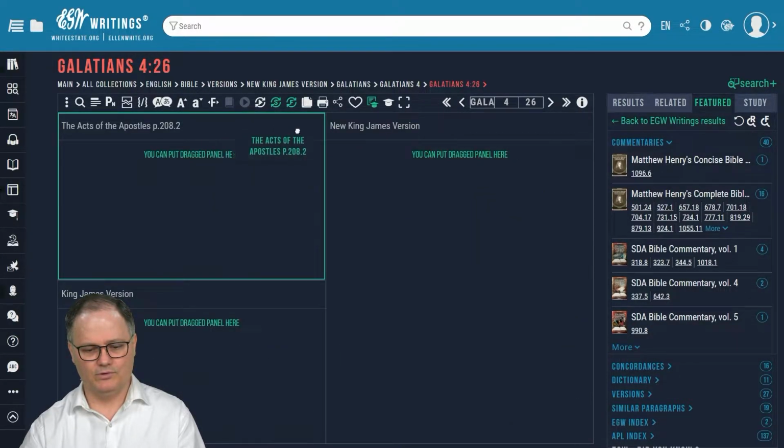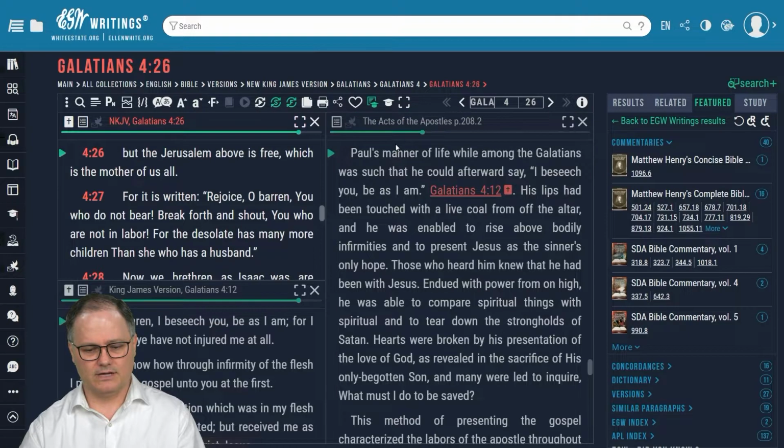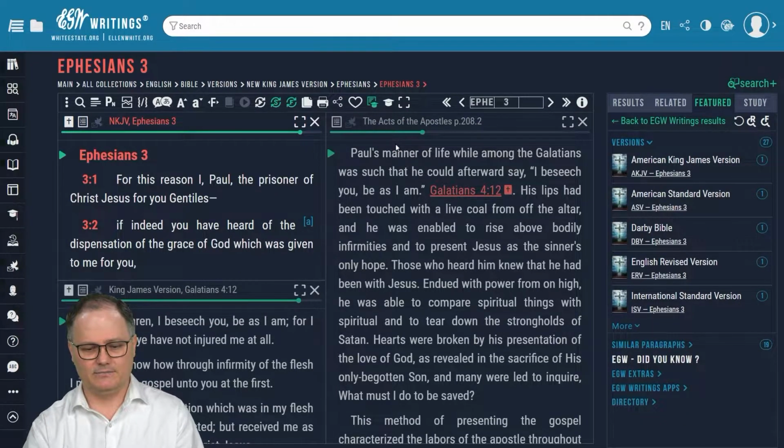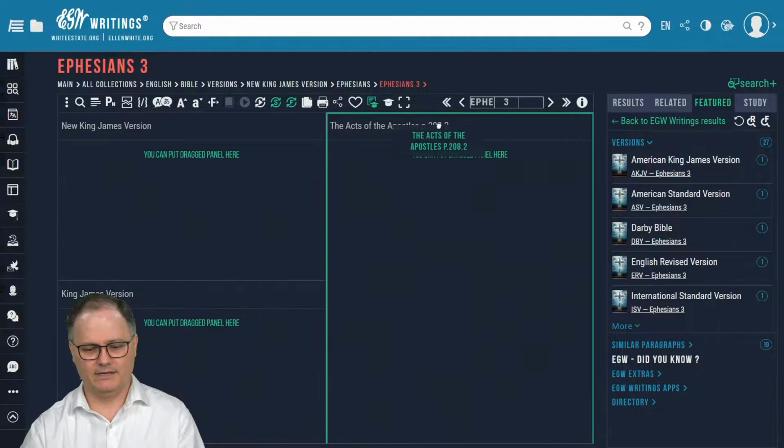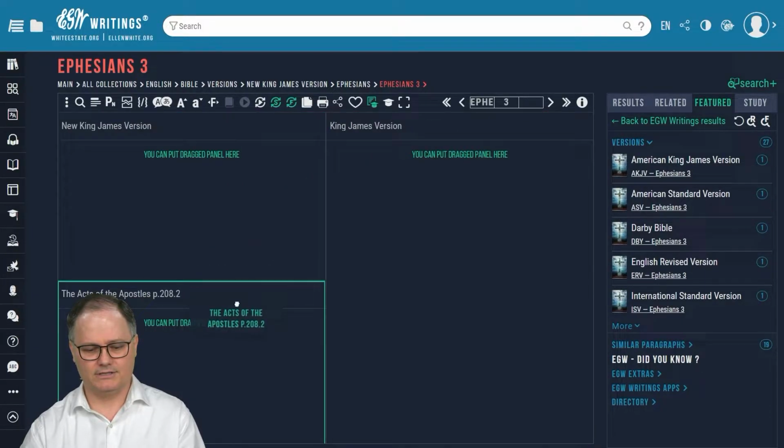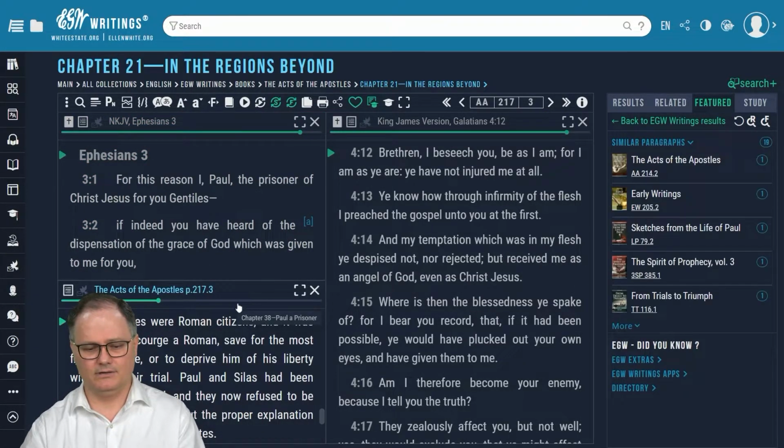If I want to move it across, I can just move the windows around like that by clicking up in the header here and dragging across to the window that I want it to appear in that order. So that is,